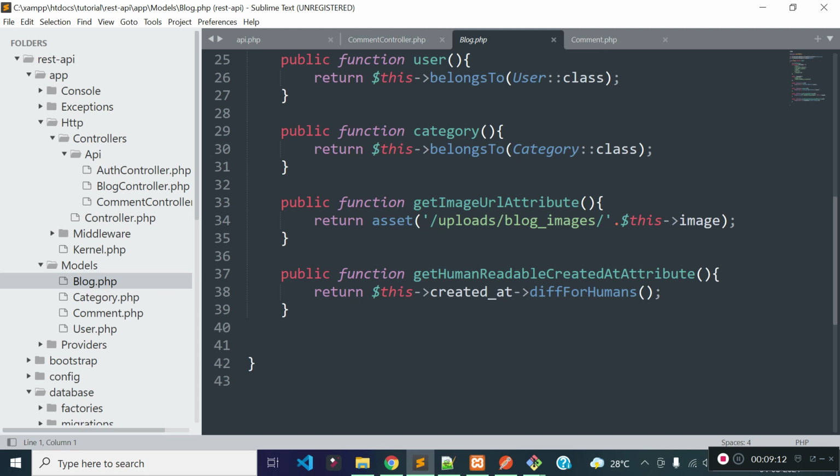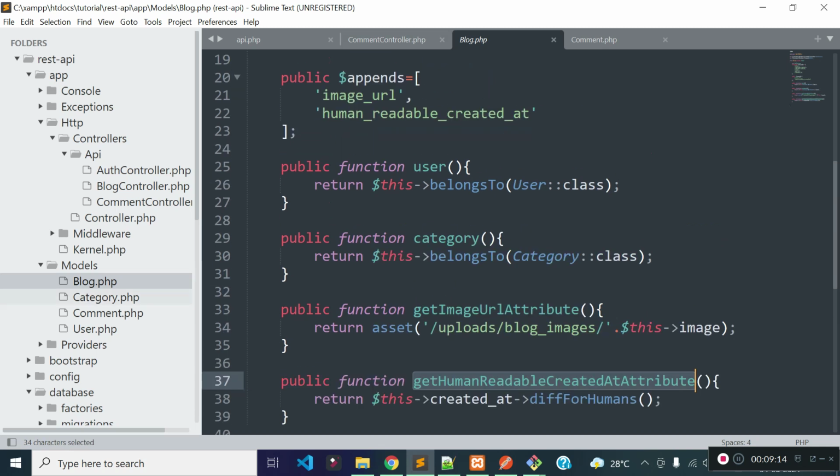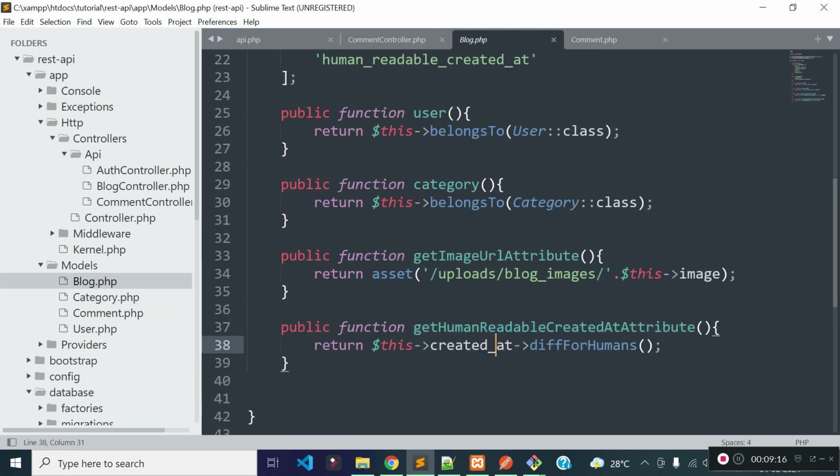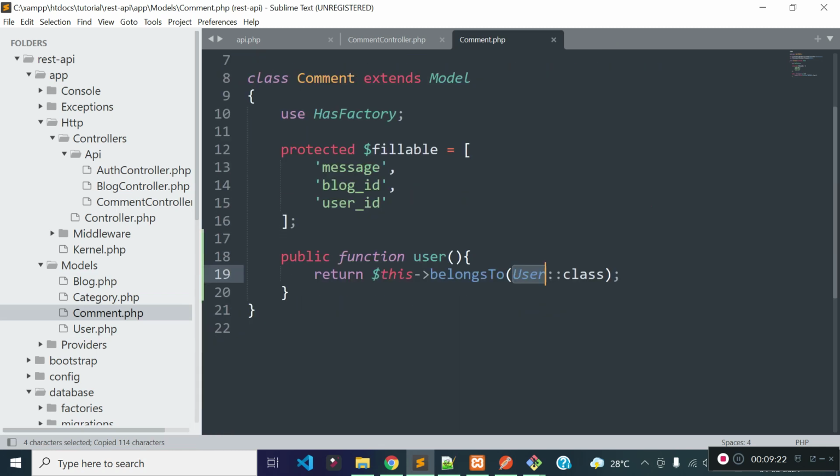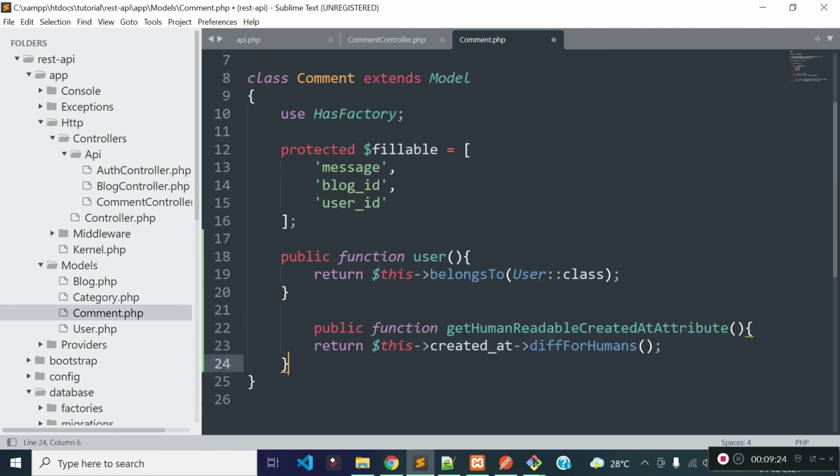comment data, like we did in our blog model, the human readable key-related attribute, right? Similarly, we'll copy this method to our comments model, and this will return an attribute called human readable key-related, and we need to add this attribute to the appends array.